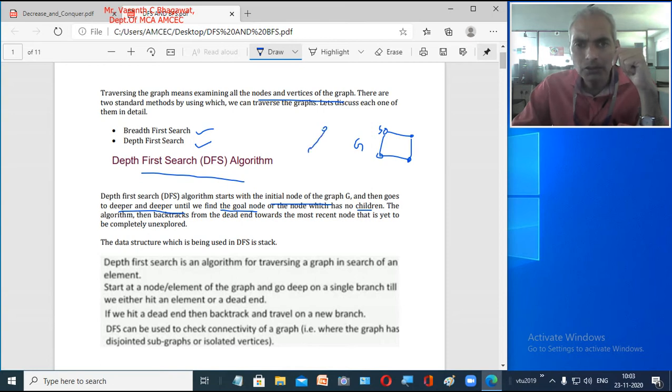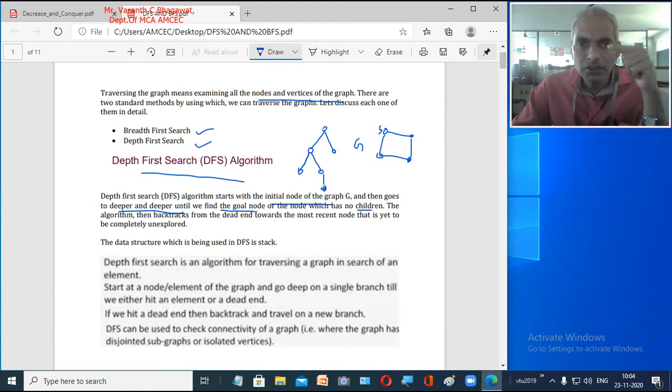So now let us assume that you have got a tree here. From the root node, or we can say from the starting node, you keep on traversing all the nodes in your tree until you reach the goal node. Suppose this vertex is your goal node, or we can say leaf node. That means further you don't have any children nodes.